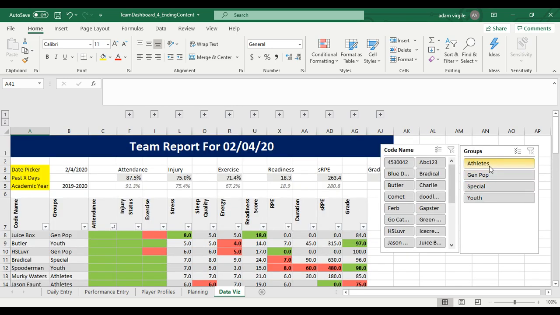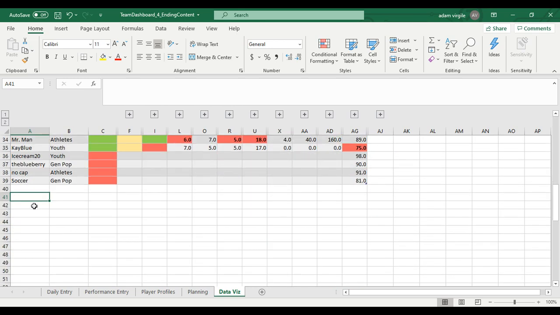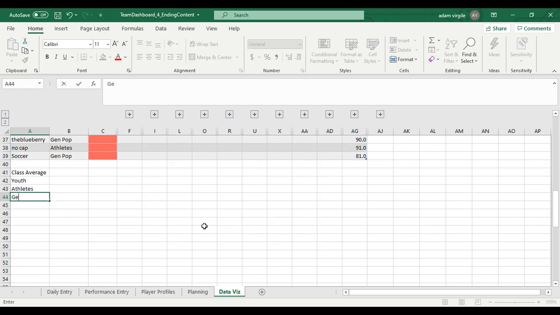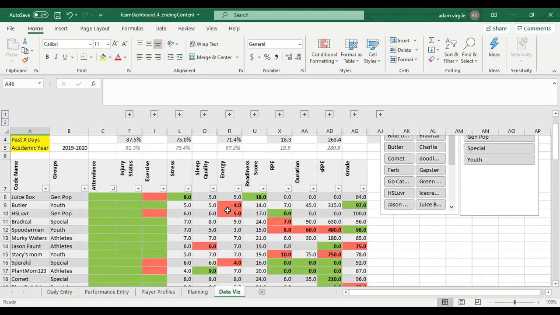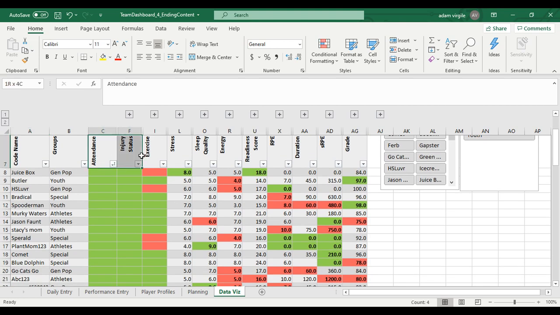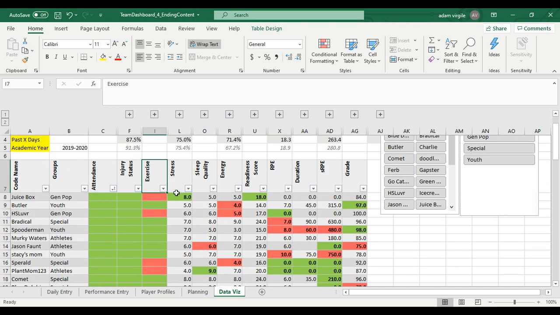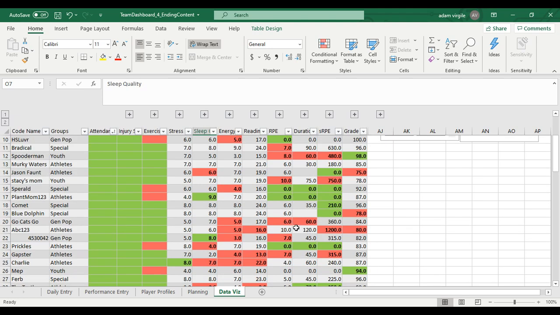Now let's do some group averages. So athletes, gen pop, special, and youth. Let's say class average. Say youth, athletes, remember, special and gen pop, special. And now we have a couple ways of going about this. I'm not going to worry about these things right now. I need to think a little bit more about how I want to relay aggregate of that information on average for these people. But for stress, sleep quality, and these items here,